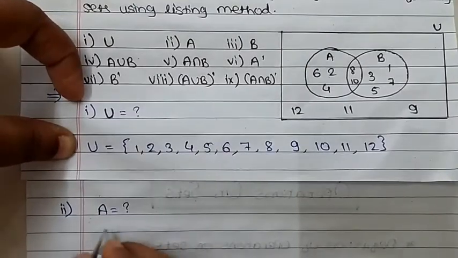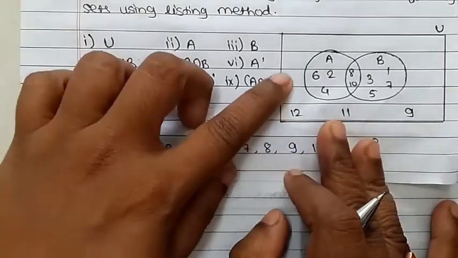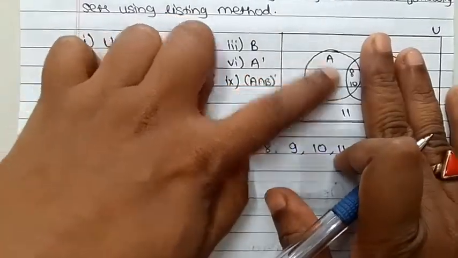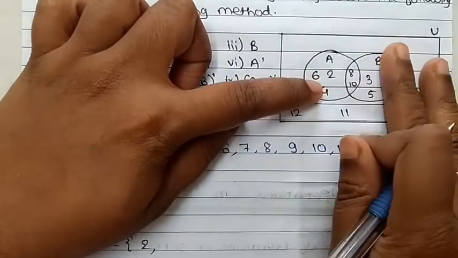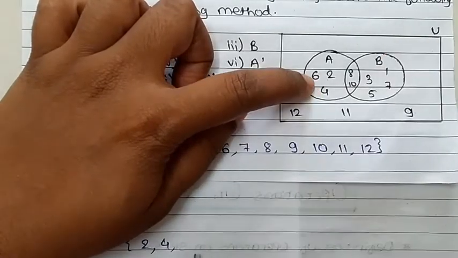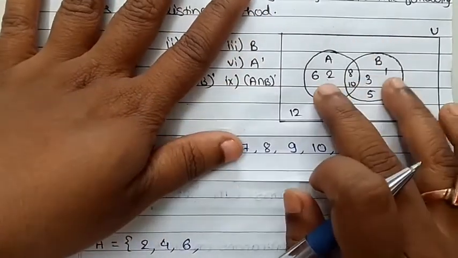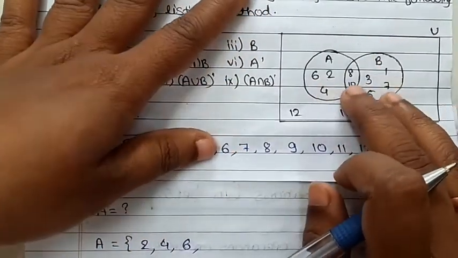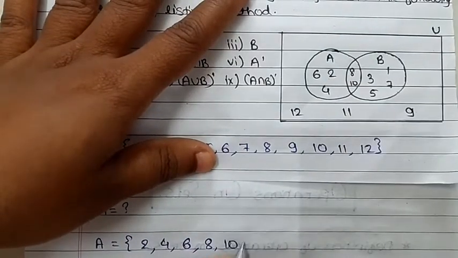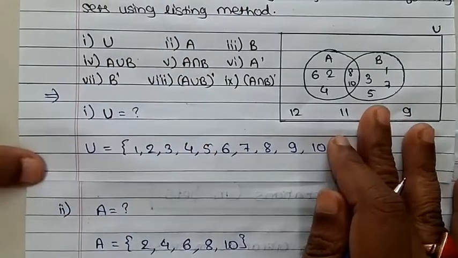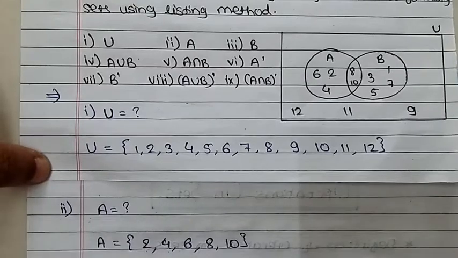So A is equal to question mark, and I want to calculate A is equal to all elements within set A. So all elements within this set, that is it includes 2, then 4, then 6, also 8 and 10, because 8 and 10 are common in both this set, that is A and B. So therefore 8 and 10 are also included in set A. Understand this one? How to calculate A set, that is 2, 4, 6, 8, 10. Clear?